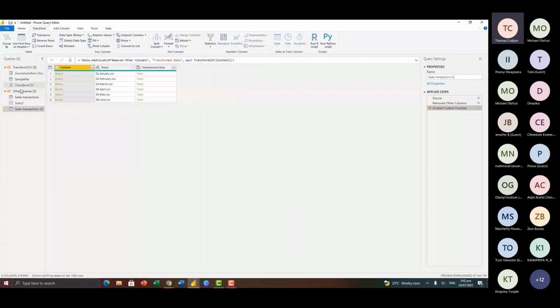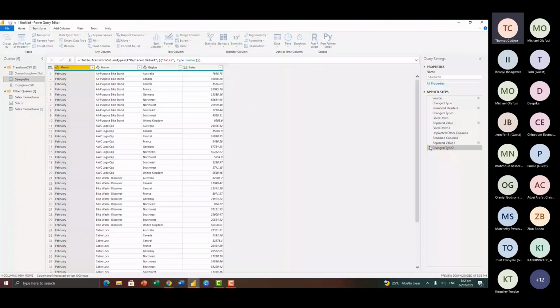So now let's leave this here. Let's go back to the sample file. I'm going to remove all the steps that I applied to this. So let's maintain it this way. If you have to fix this, it will take us some time. So I'm going to leave it as it is. I'll come back to this and then expand on it.